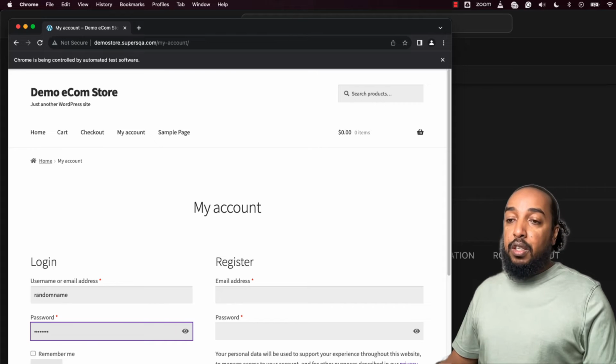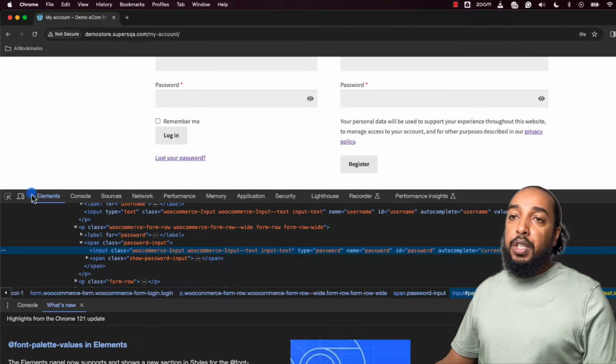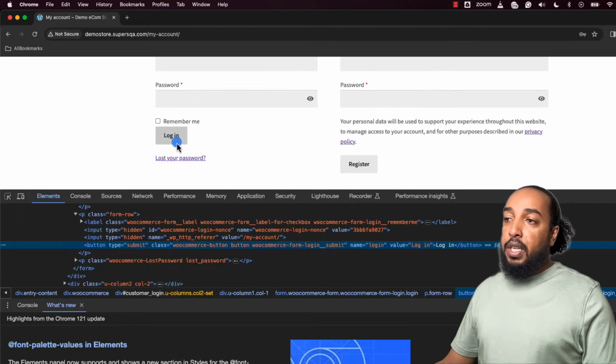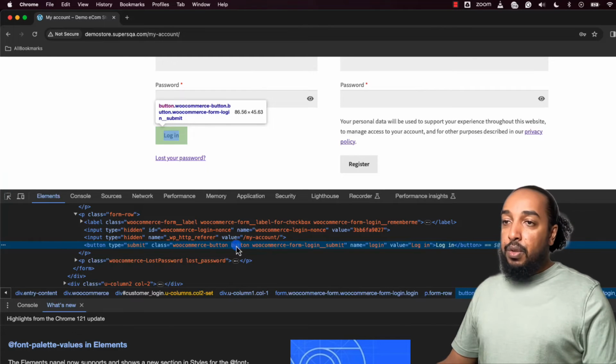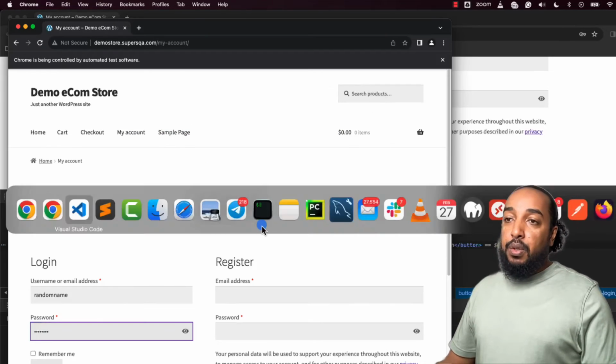Now we got to click the login. I'm going to come here. Let me look for the login button. Is there an ID? There is no ID. There is a class. I can use the class. I can use the name. Let's do by name login. Let's try that. Okay. So I'm going to do,